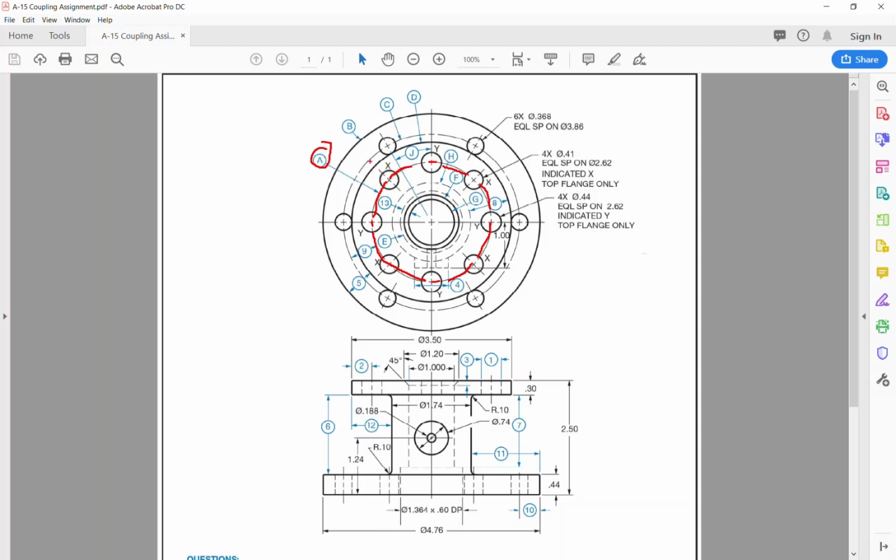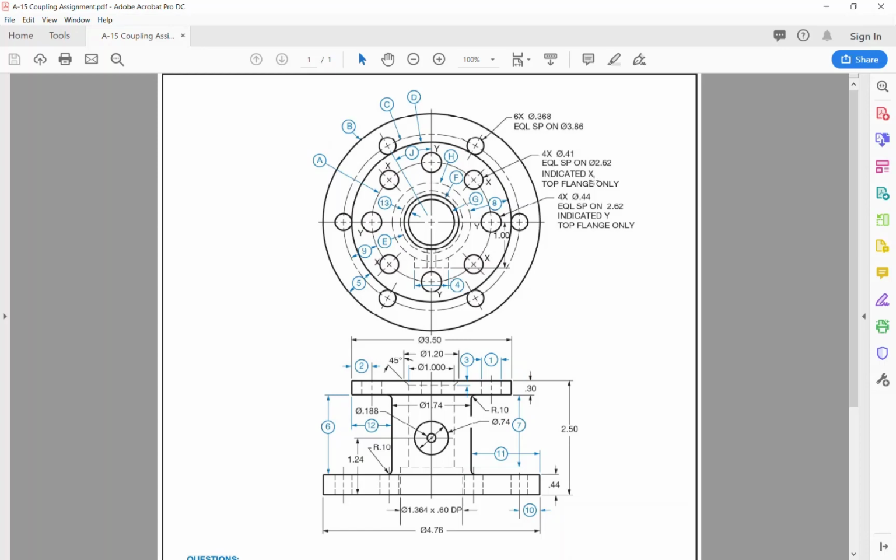So circle A is the bolt hole circle that's locating these holes on the top flange. This is the top flange here, if you recall, right there. So let's do some investigation. We look at the holes that are located on circle A, and we